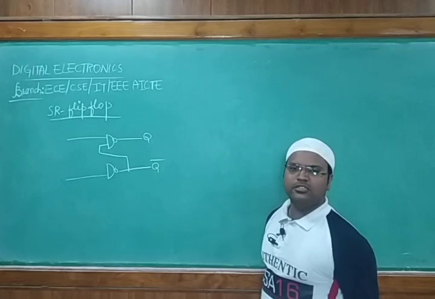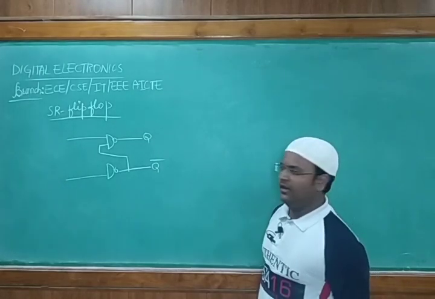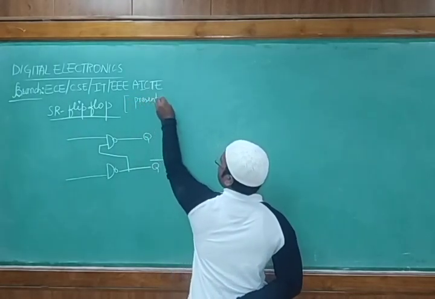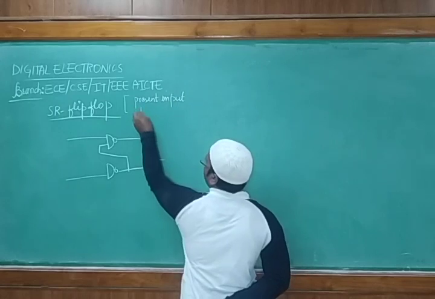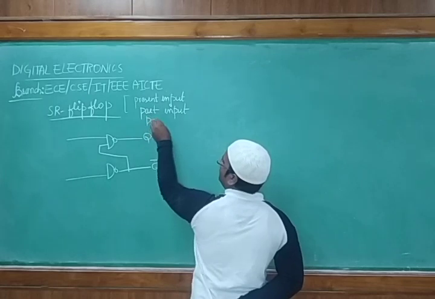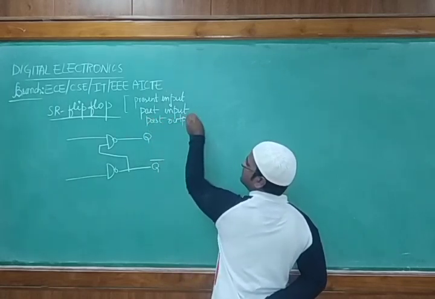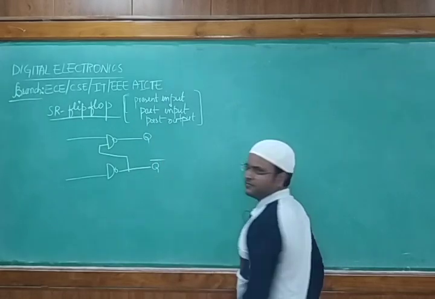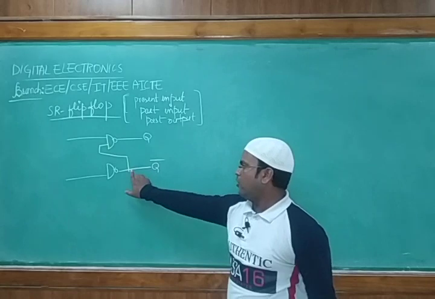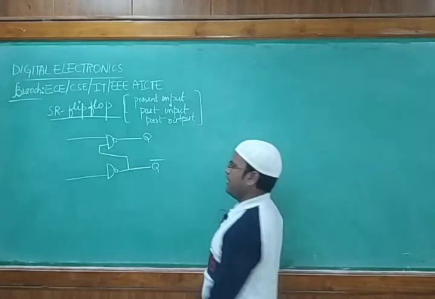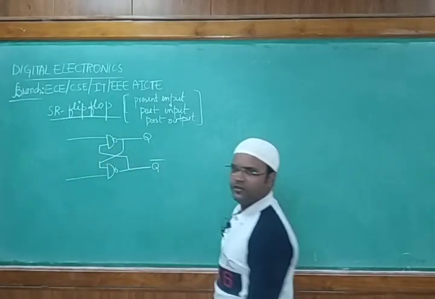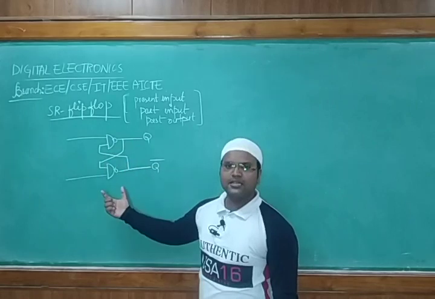Whenever we are talking about the sequential circuit, you have to keep in your mind that a sequential circuit depends upon present input, past input and the past output. So based upon these three things, your flip-flop is going to depend. That's the reason we are saying we are cross-coupling. The input of the first NAND gate is passing to the output of the next NAND gate. Likewise, the input of the second NAND gate is passing to the output of the first NAND gate. Till here it is SR latch, right?